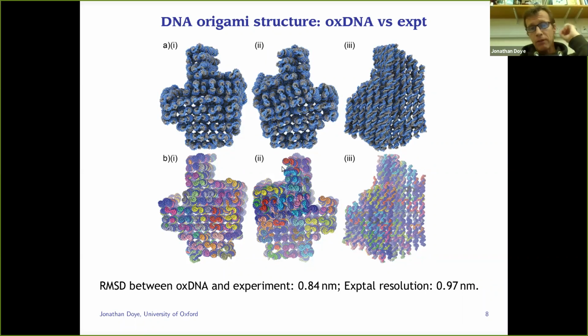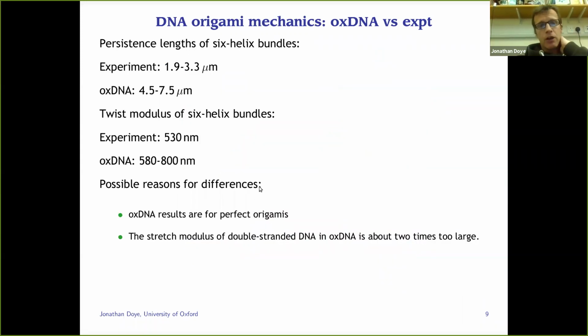But the basic summary of this is that oxDNA does give a very good picture of the origami structures. How about mechanics? I know you guys are quite interested in mechanical properties of origami assemblies. So we've looked at 6 helix bundles, which are just rods of 6 helices bound together in an origami, or perhaps with